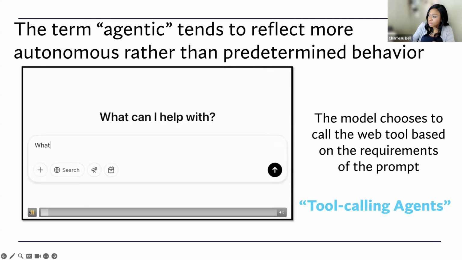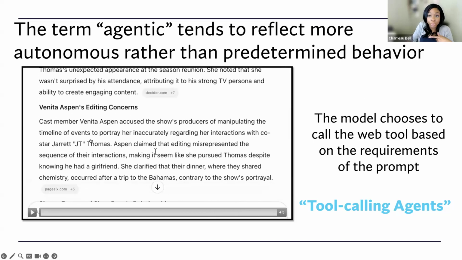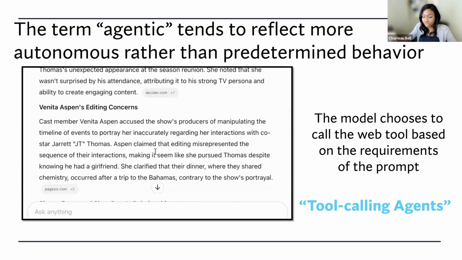I'm going to actually start this over if I can, because we're asking about the most recent updates on the reality show Southern Charm. And the term "recent updates" tends to trigger this behavior of searching the web, because as you know, models are trained up to some point, this information cutoff point, because they need some sort of data to train on, and it has a cutoff point. Past that cutoff point, usually it's going to need to call a tool, because it wouldn't know anything after like 2023, 2024. So here it is using a tool and decided that it needed that tool based on what I said to it, to find the additional information that it needs to be able to answer the question.